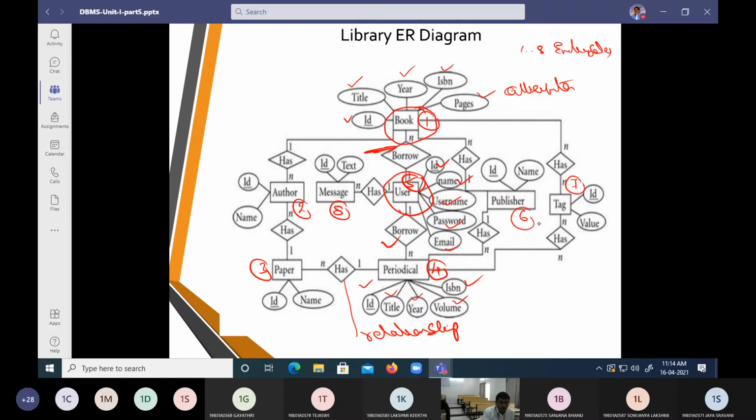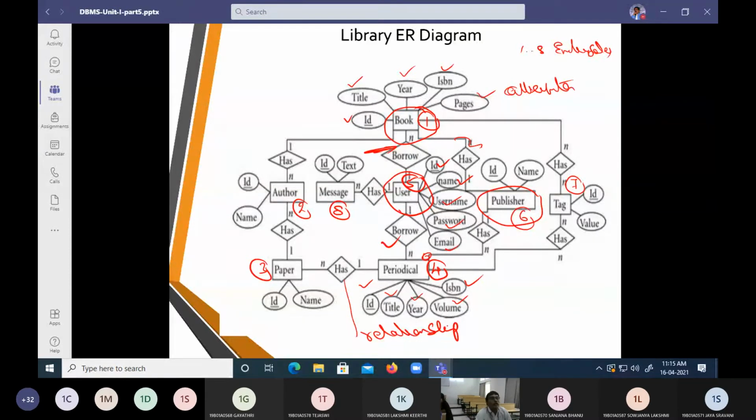Similarly, if I am going to deal with a periodical, or a book, it is going to have a publisher. Who is a publisher? A person who is going to print a textbook, a person who is going to print a periodical, we call him a publisher. For example, if we take your prescribed textbooks, you can mention that this belongs to Wiley, this belongs to Tata McGraw-Hill, this is going to belong to some Schaum's series. In this way, we say this person is called a publisher.